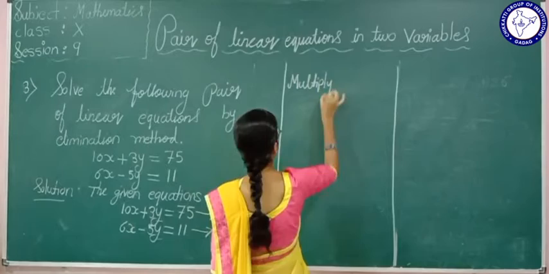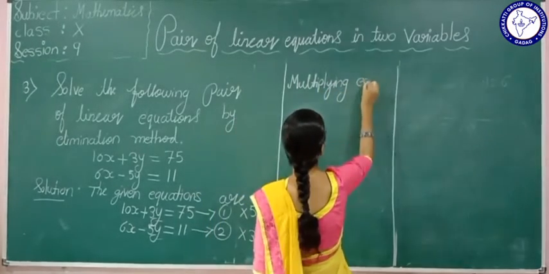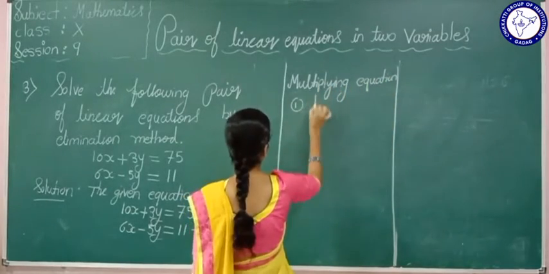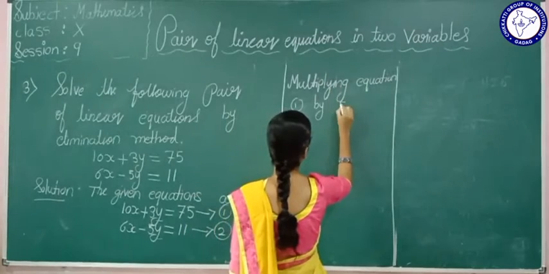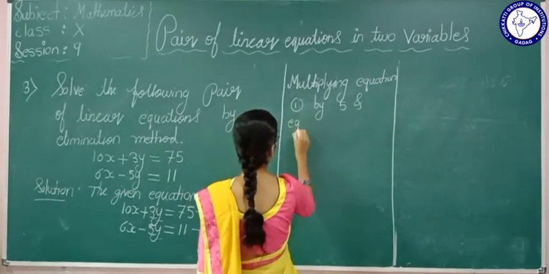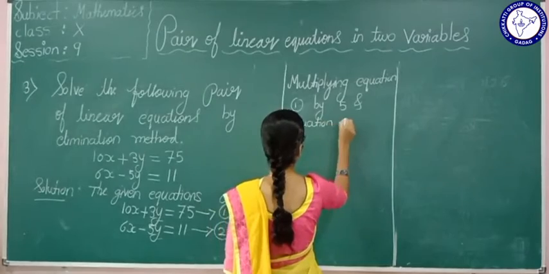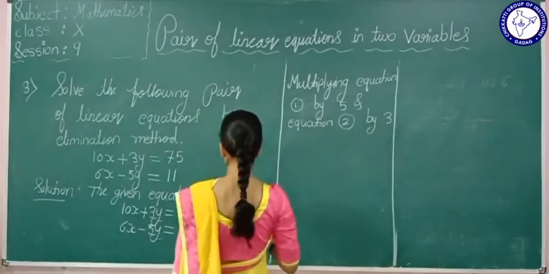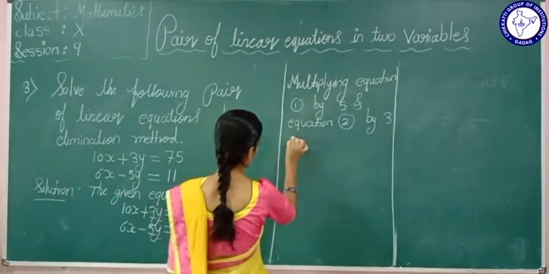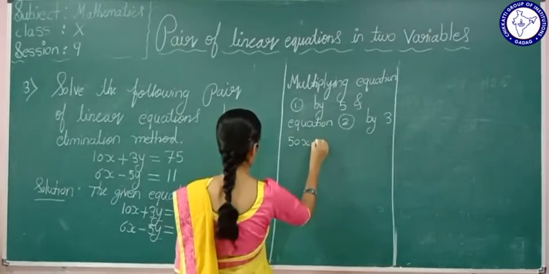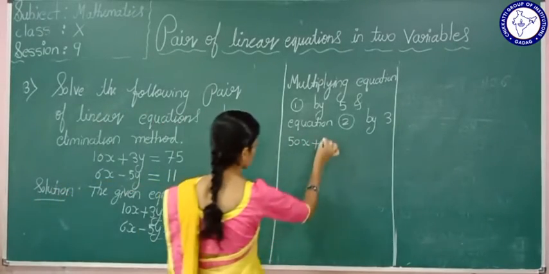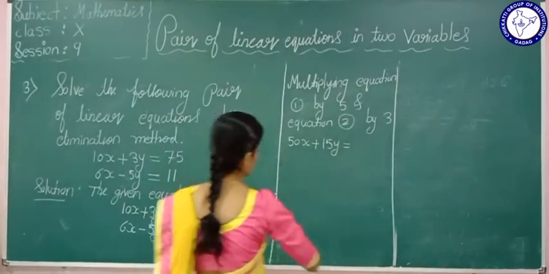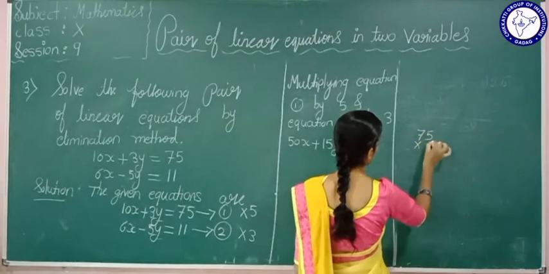Multiplying equation 1 by 5 and equation 2 by 3. What will I get? See here, student. 10 5s are what? 50. 50x plus 3 5s are what? 15. 15y is equal to, what is 75 5s? See here, 75 5s are...